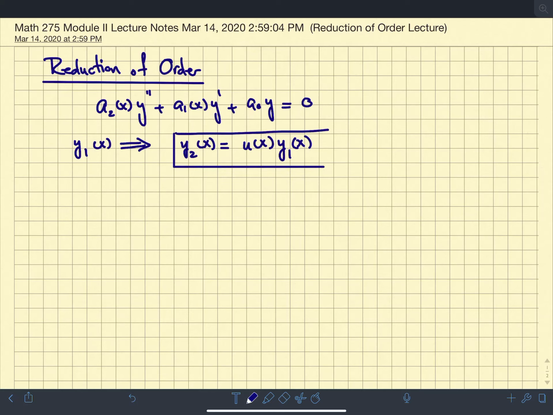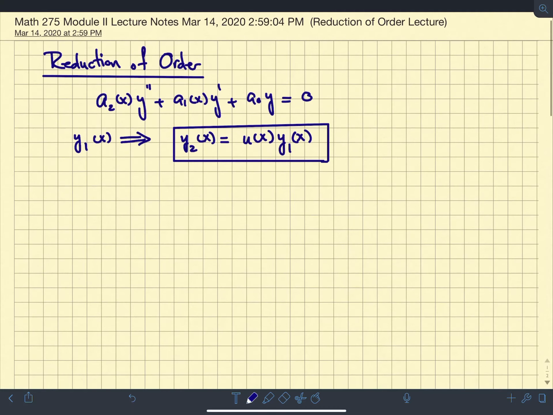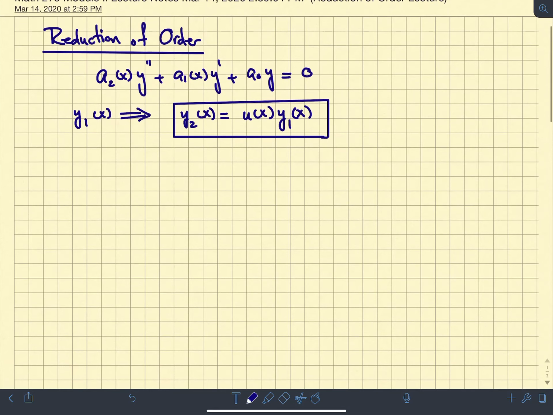Now, we could actually prove this by substituting this back into my differential equation and actually derive the formula for a second solution given the first solution. But that is already typed up on my lecture notes that's been uploaded. So I'm only going to give you the formula. So given one of the solutions of a second order differential equation, you could always use the reduction of order formula that, again, you could derive,